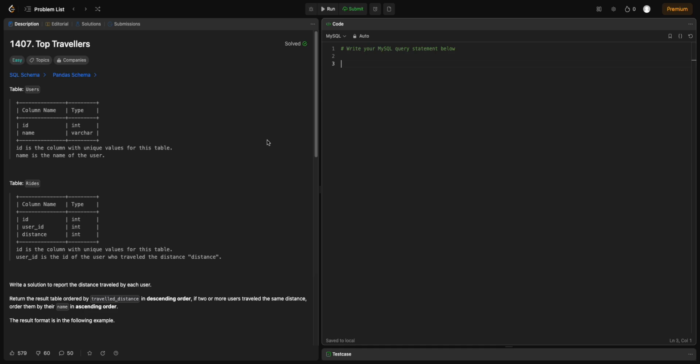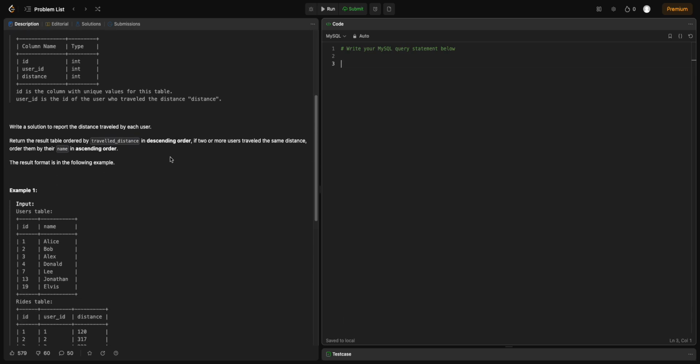Hey everyone, let's solve question 1407, top travelers. The question asks us to write an SQL query to find the distance traveled by each user. The question goes on to say we need to return this result ordered by travel distance in descending order, and